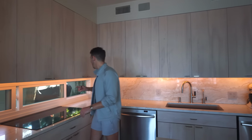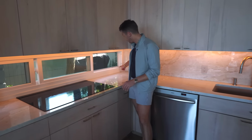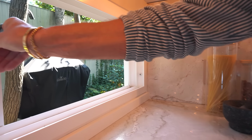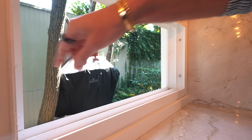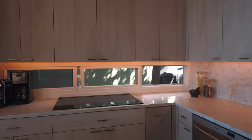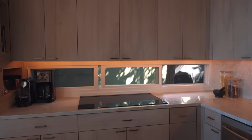One fun thing that I did was I added this sliding window in here so that you could easily open up and get to the grill back there, which we should have taken the cover off. But so it's easy to pass through to the grill because before you had to go all the way around. Induction cooktop, and then the key to any sort of beach house or house for entertaining is 2 dishwashers,